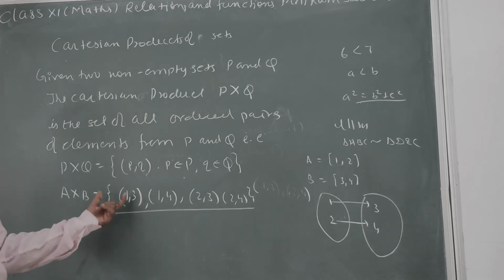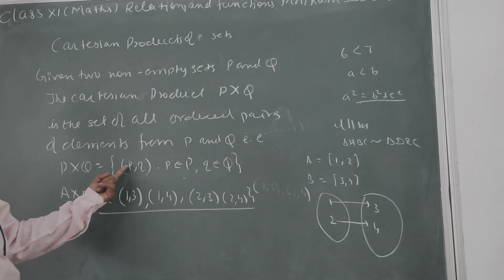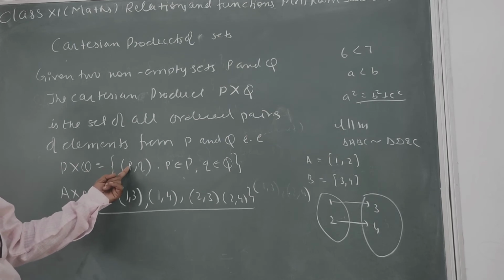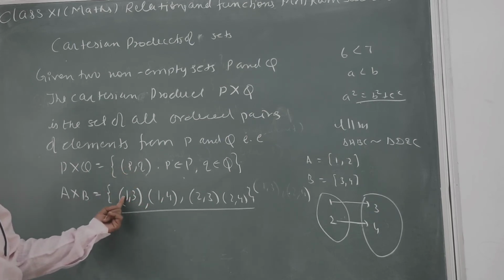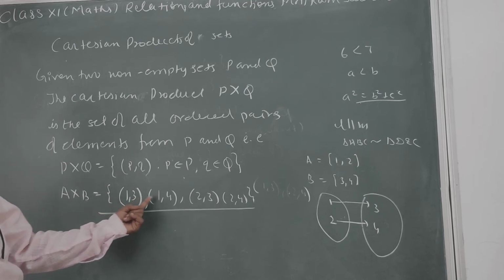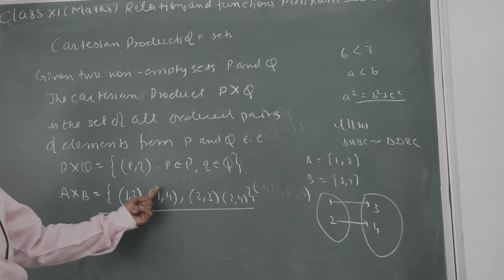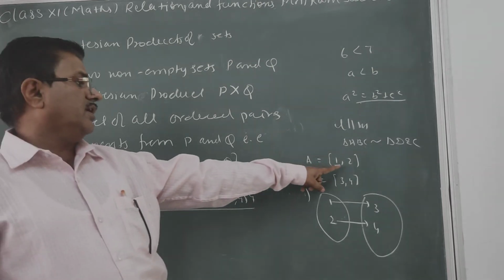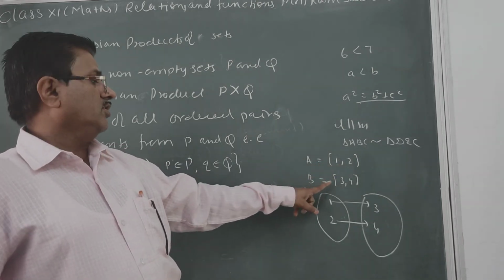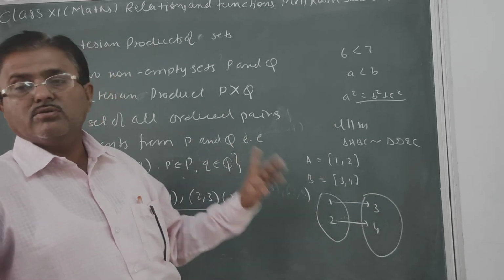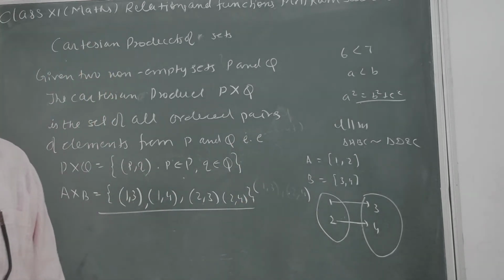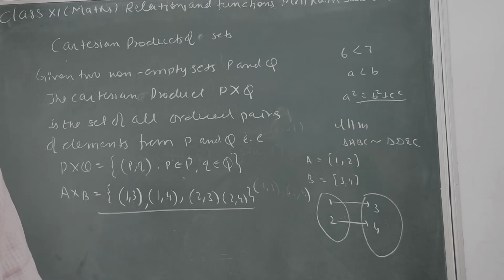तो कार्टेशियन प्रोडक्ट बहुत आसान है. आपको क्या करना है, सेट A के एलिमेंट लेना है और B के जितने भी हैं उसके साथ ऑर्डर पेयर बनाने हैं. जैसे ये फर्स्ट सेट का एलिमेंट ले लिया 1 और सेकंड के 3 और 4 दोनों के साथ पेयर कर दिया. इसी तरह से आपको फिर सेकंड एलिमेंट लेना है फर्स्ट सेट का और इन दोनों के साथ पेयर, 2, 3 and 2, 4. So in this way we can write the Cartesian product of the sets. Here we have also given some different examples, so you may use these.